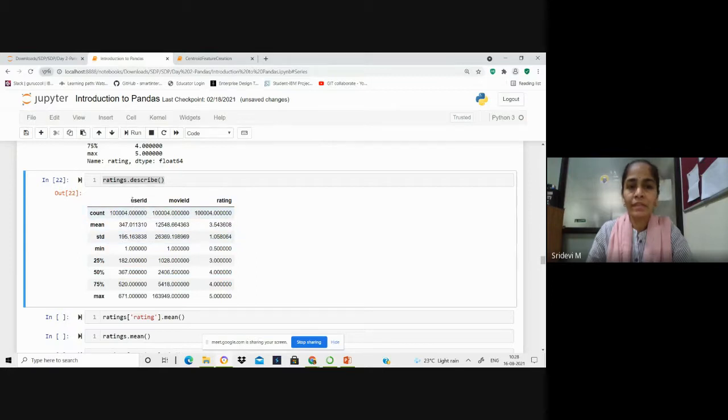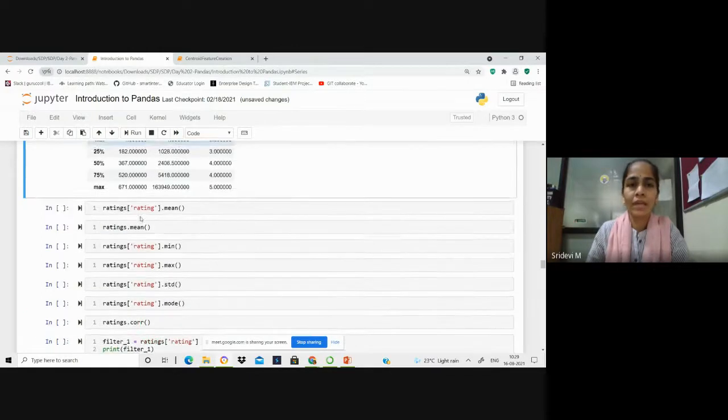That is why we can't calculate these statistics for identifiers. So better we need to omit such kind of erroneous calculations. It is just waste of time to go through them. We have to calculate this descriptive statistics only for the numerical values, not for the character values or character sensed values. Means if they are used in a character sense under identifications like user ID and movie ID, that need not be calculated because it doesn't give any important information about those IDs.